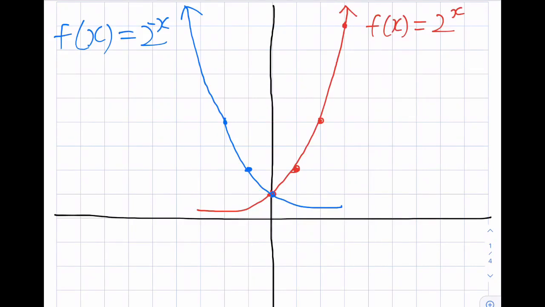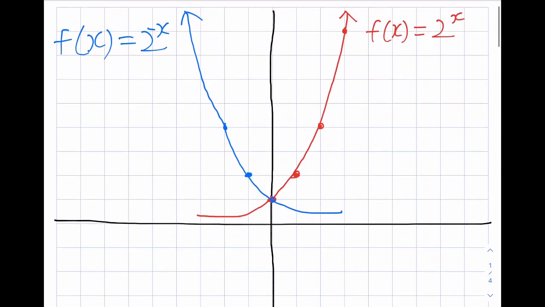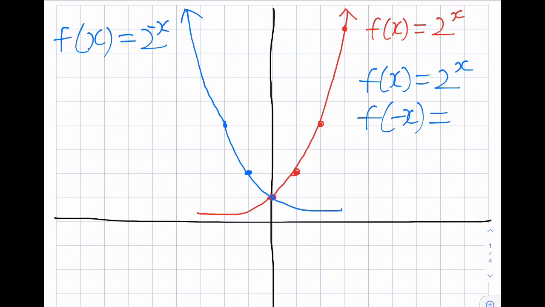Here we have two graphs, and as we can see, they are symmetrical to each other. And so we can say that when we reflect the red function in the y-axis, we will get the blue function. And how do we reflect the function in the y-axis? We first write out the formula, f of x equals 2 to the power of x, and then we put a negative sign in front of the x. That means that eventually f of x will be 2 to the negative x, which is the same function as